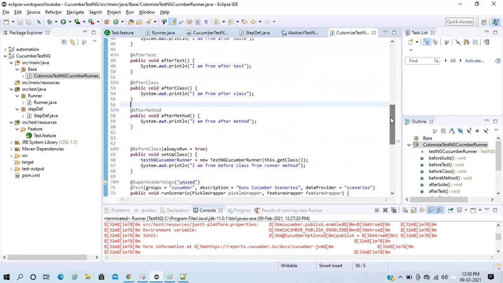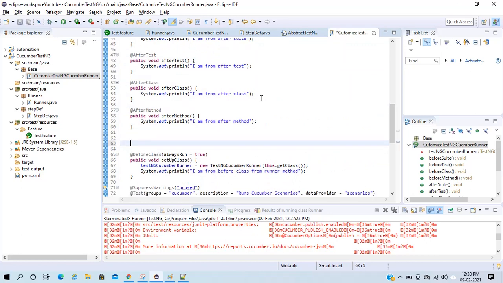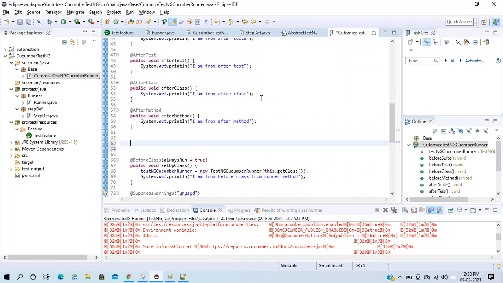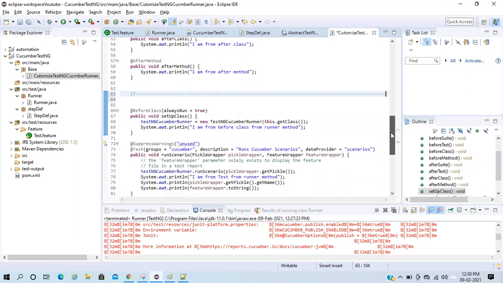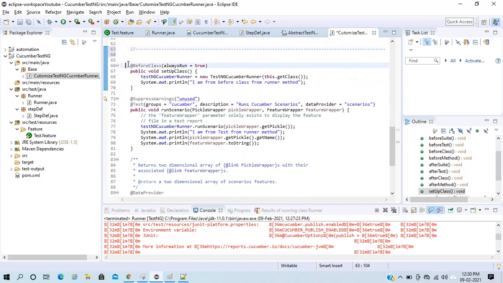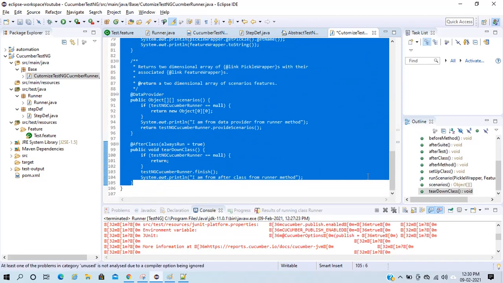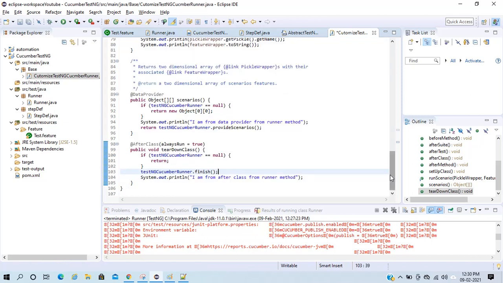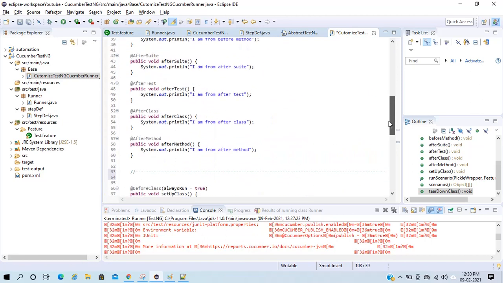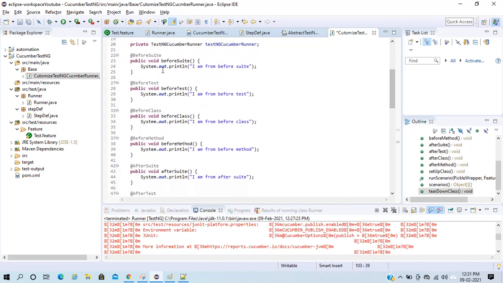Okay, so these are the predefined methods which I have imported from the abstract Cucumber testng class, and these are my testng annotations.